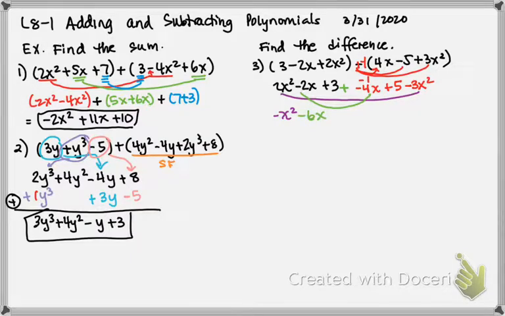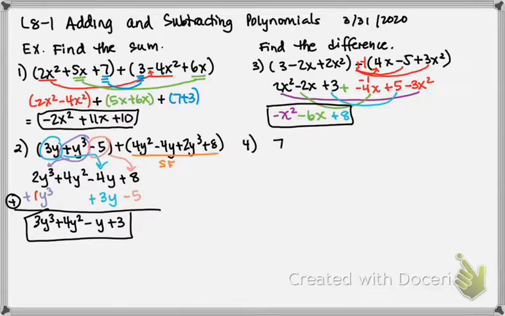And then I've got a 3 and a 5. So that's going to add up to 8. So that's my answer right there. Very colorful, but my answer nonetheless. Negative x squared minus 6x plus 8. And so then the last example,